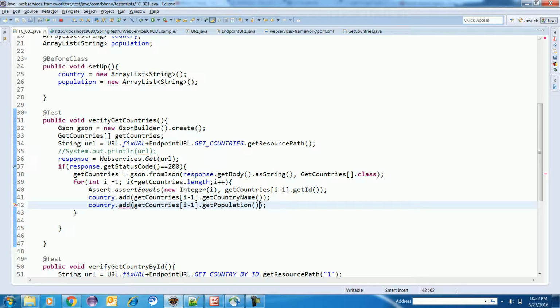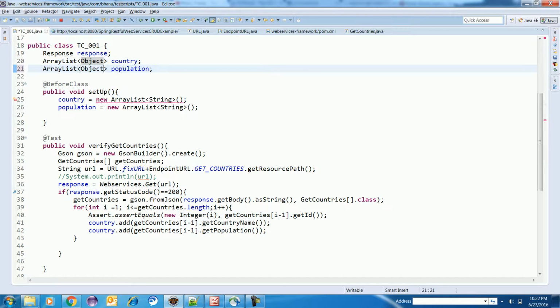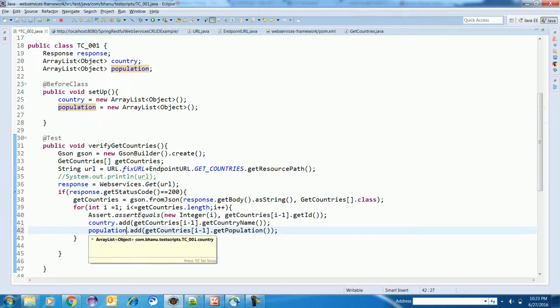and in fact, get population is basically an integer. Here I have made the type a string, so this will not take it. So I will make the type an object, and object will take everything. The moment I make the type an object, it takes string also, and it takes integer also. That is the reason I told you guys to be good with Java, because you never know what you have to use. So here I'm supplying type equal to object. Now this object will take any type. Now instead of country, I did it wrong here, I need to write